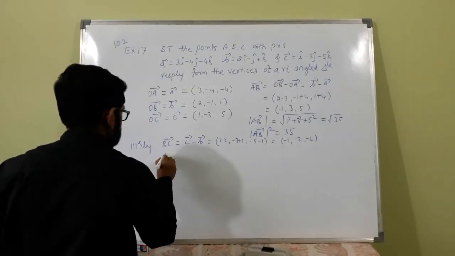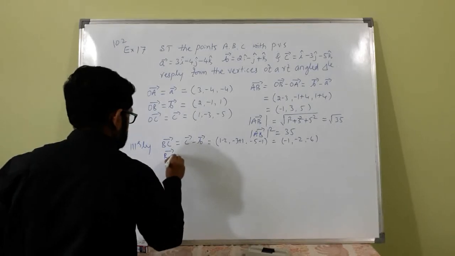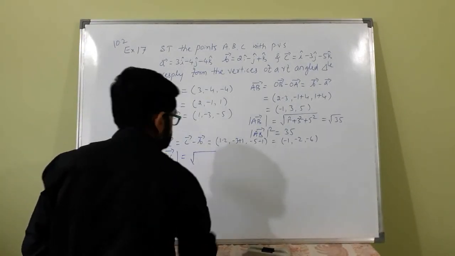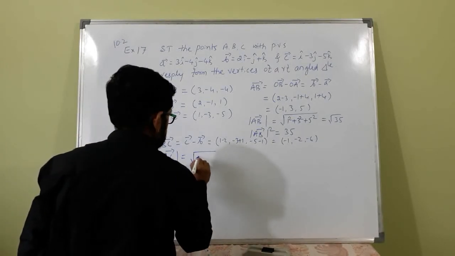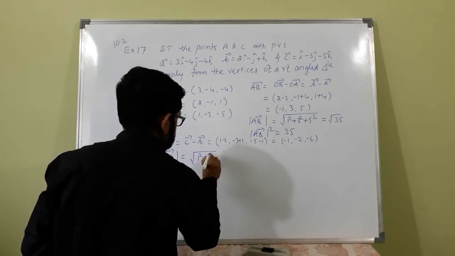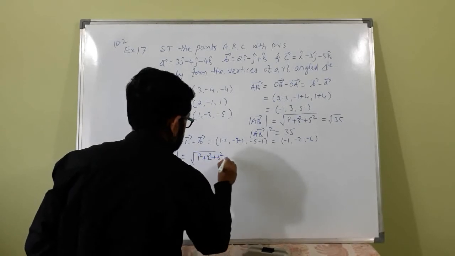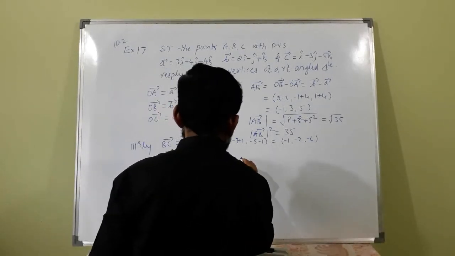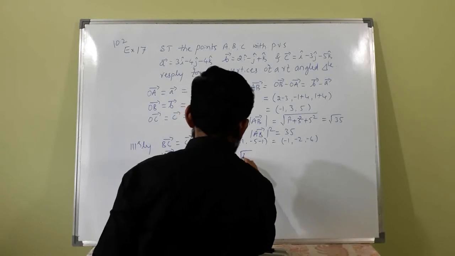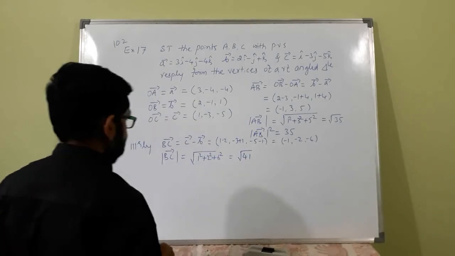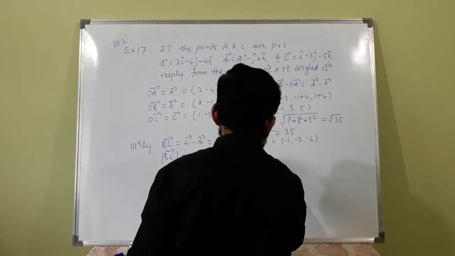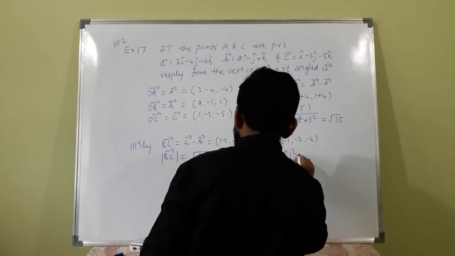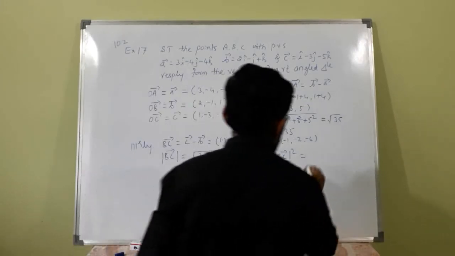So BC is equal to the square root of 1 square plus 2 square plus 6 square, that is 41. Root 41. Therefore BC squared is 41